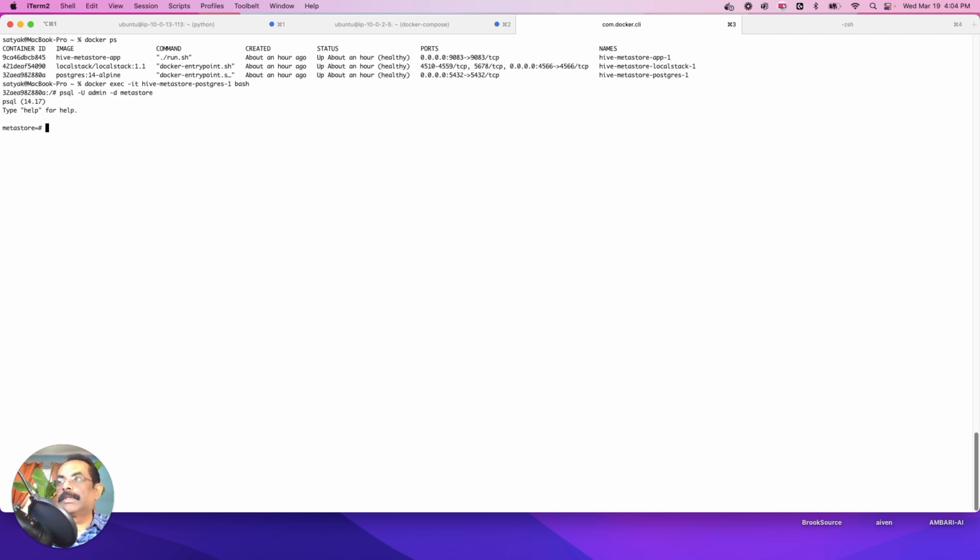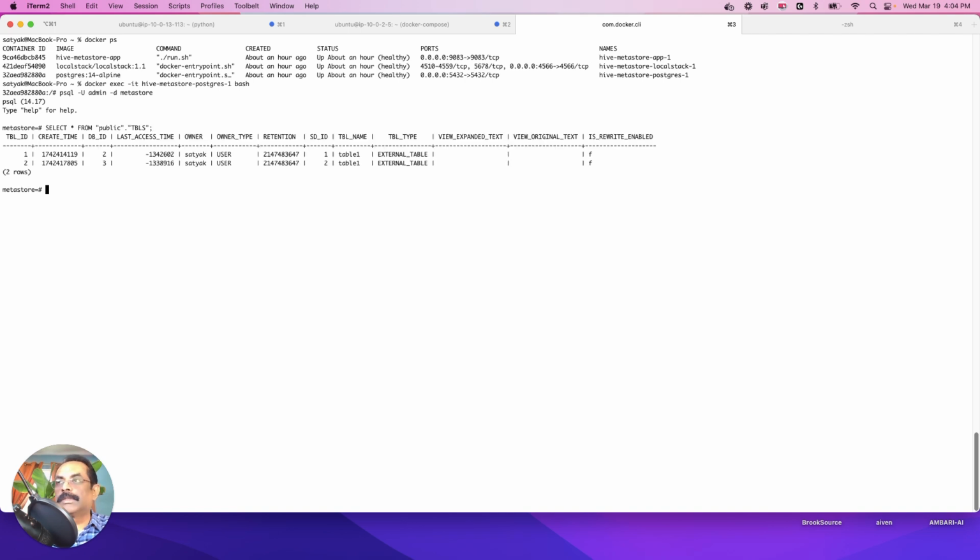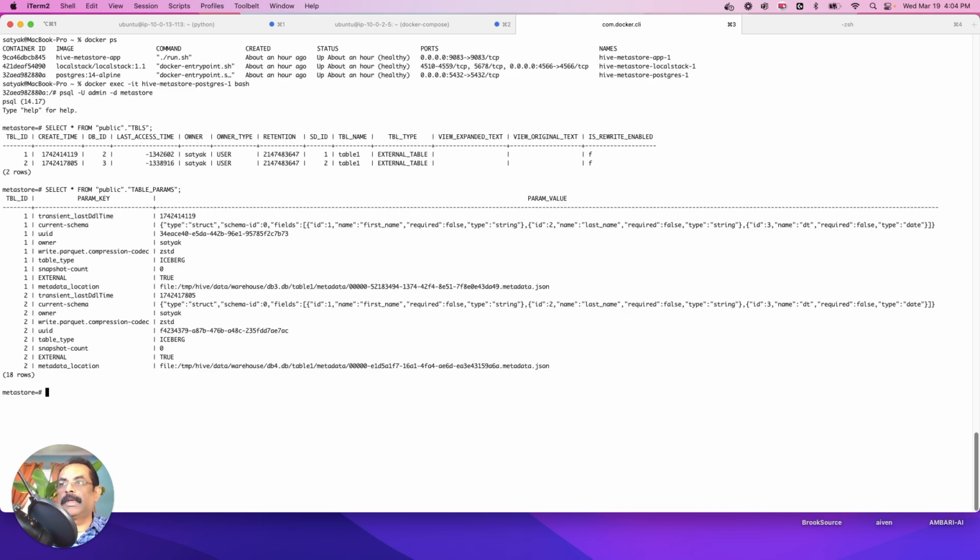Now we connect to the Metastore, and if you look, give me all the tables. These are Hive tables. Remember, last time we created Hive tables. Then let's look at table params. Now if you look here, the table params provides information about your